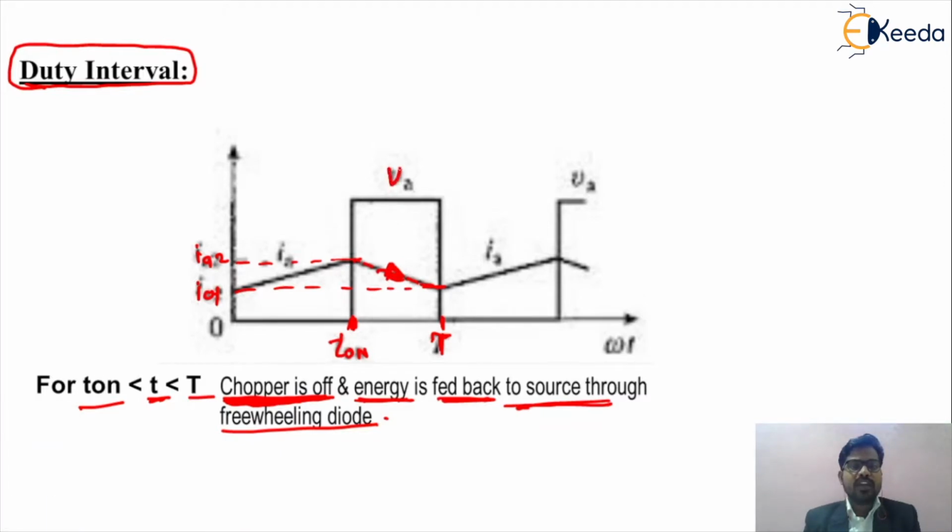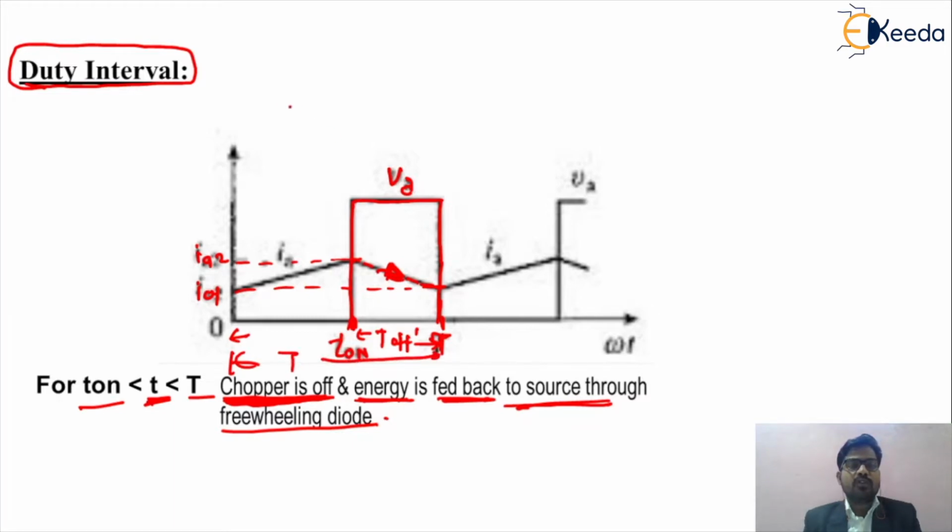In that particular operation, we are getting the output voltage. The output voltage is VA across your motor circuit. We are getting the output waveform. This is called VA. That is the period which is called the time period T, that is t on to T. So friends, what do you mean by t on to T? Basically, this is the period of t on, and this is the period of t off when the chopper or the transistor circuit is off, because as we know, in that particular chopper circuit we are using a transistor as the chopper because of self commutation of the device. So this total time period is T.